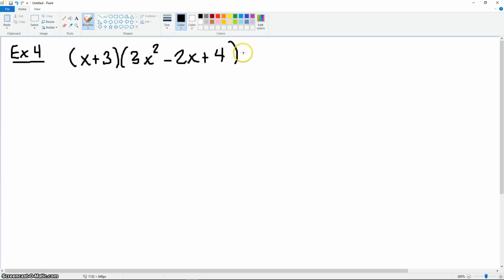Alright, so the FOIL concept still remains the same. You have to multiply the first term times everything in the second terms, and then here you're going to have to do the exact same thing. So whatever you're basically going to